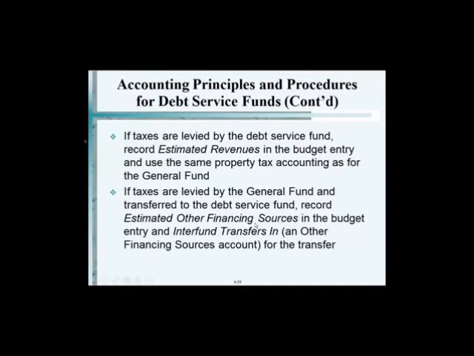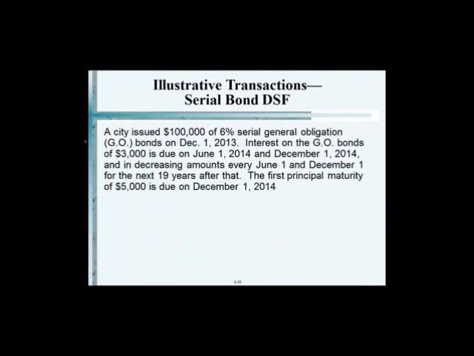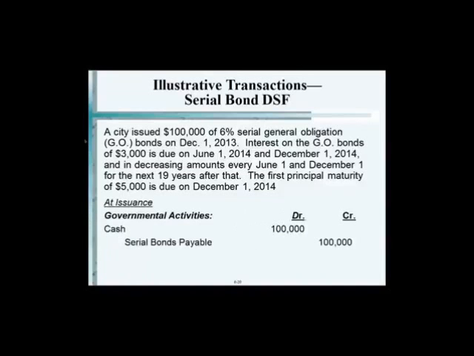And these are, I'll tell you, there's quite a bit of journal entries here. So this is what they had. They issued 100,000 of 6% bonds. This is the detail on June 1 and December 1st. First year,